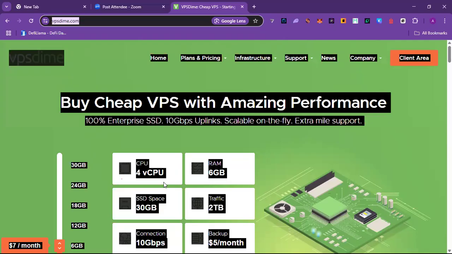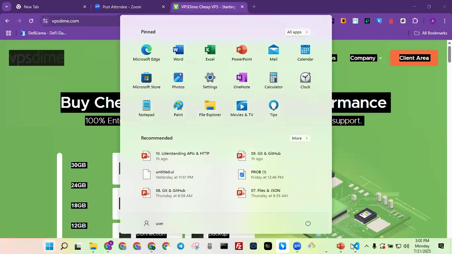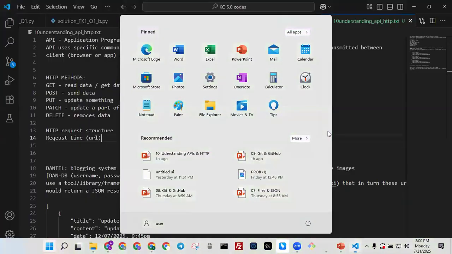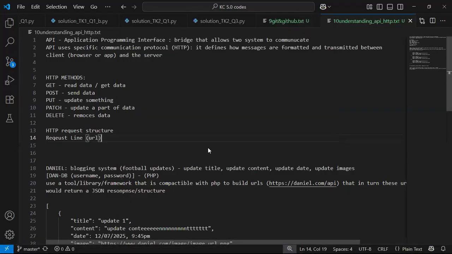That's because that's how browsers are being built. They are meant to do what? To read, understand, and display HTML, right? But your application is not actually built to do what? To read HTML, right? So it's built to do what? To understand JSON structure. That is why